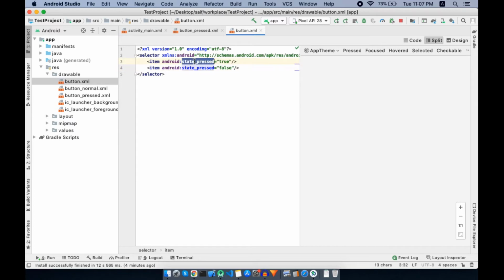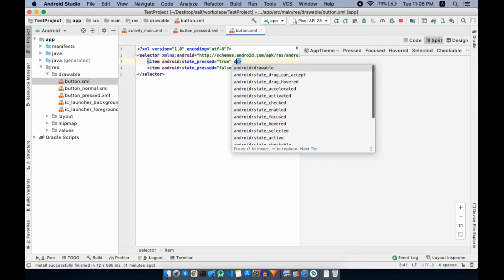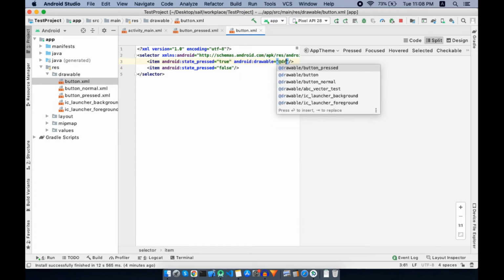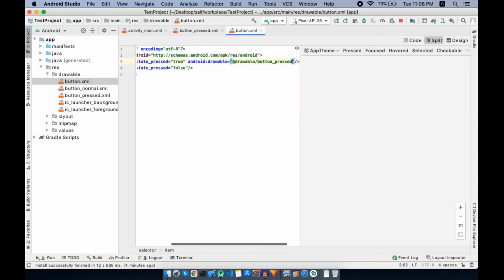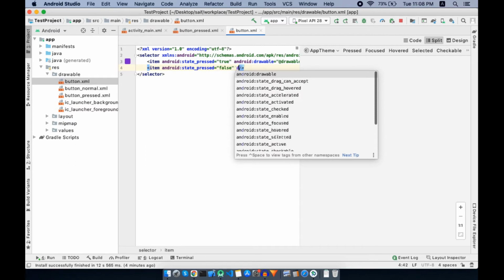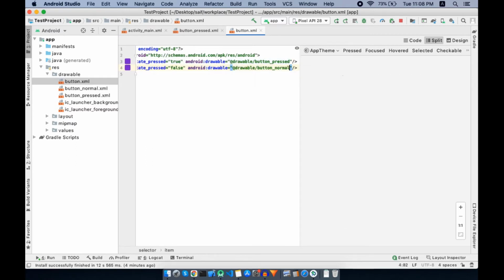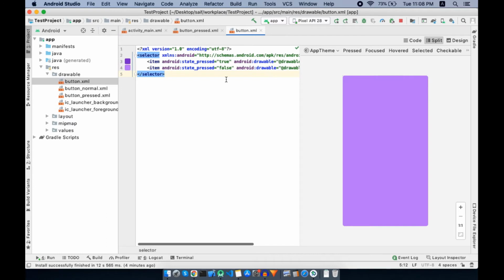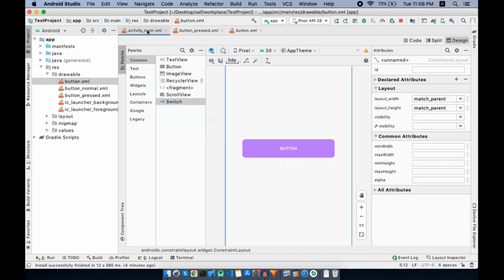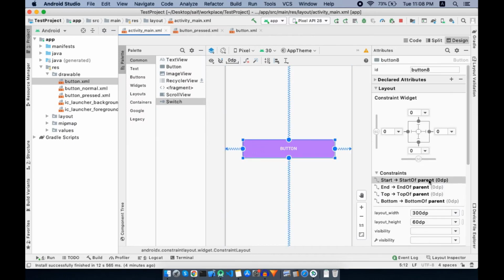State pressed should be false. So for state pressed the drawable should be button pressed, and for normal state the drawable should be button normal. Now we can apply this selector drawable on our button.